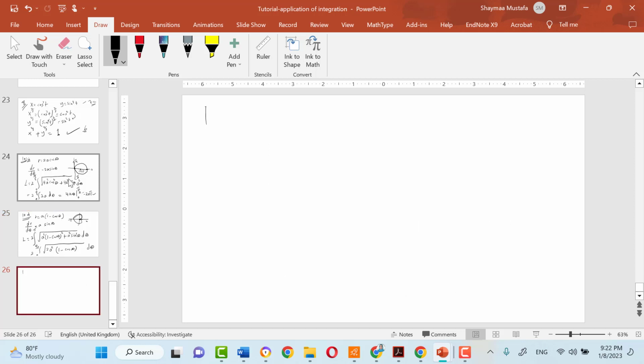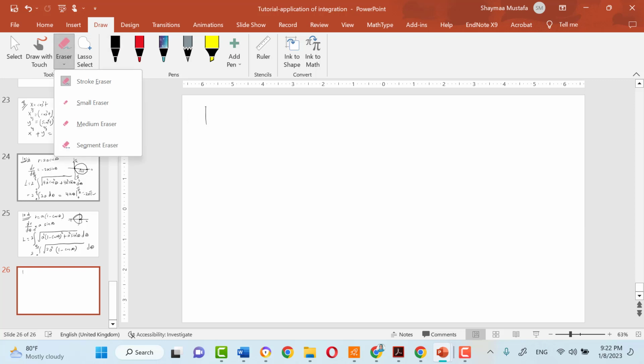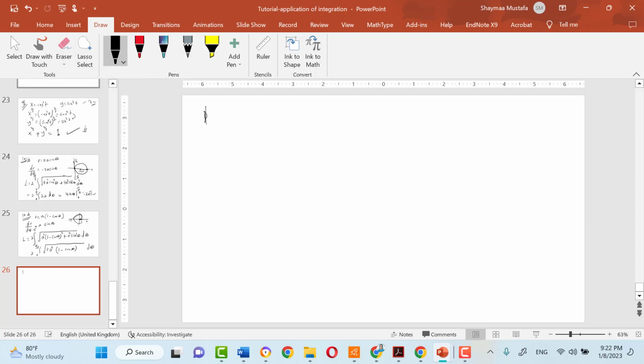So now L will be equal to the integral from 0 to pi